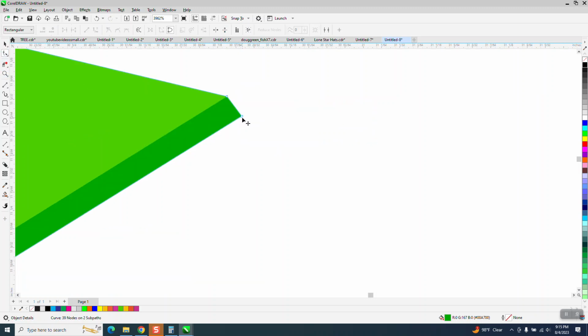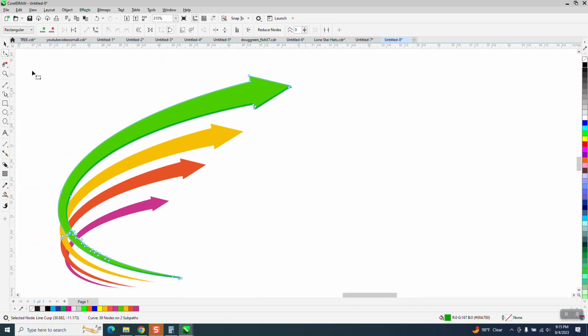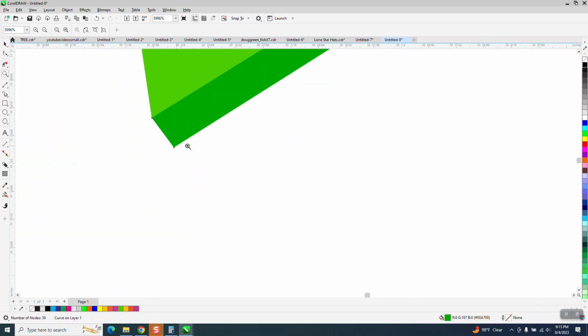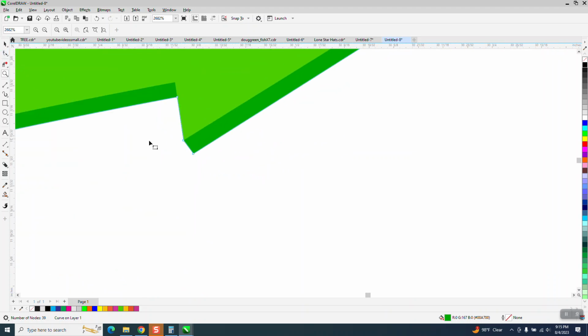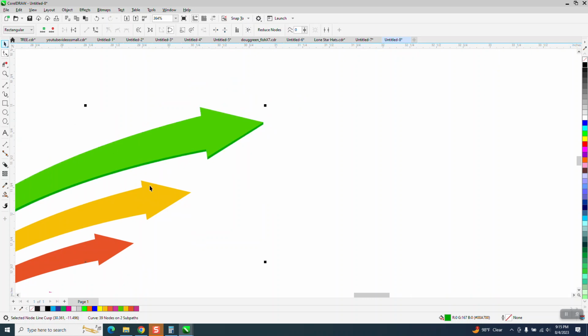If you do that on all of them... now my front end is a little bit funny, but I think we can take it and just move that node, because the shadow kind of did that. No, I've already broken it apart. Maybe before I had it broken, I could have used the attribute eyedropper and made it like that. That doesn't look too bad, but you could always change your nodes to make it look a little bit more realistic. Let's try it on the yellow